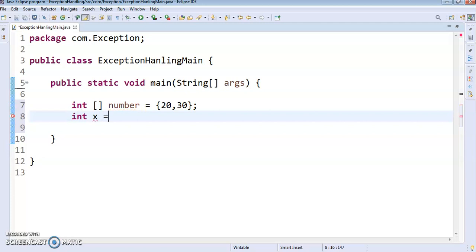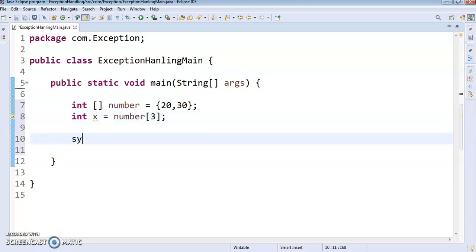X equals number 3. The number present at location 3, or index 3, I want to store in X. Now there is no such location, which means this line is going to cause an exception. Here we will do one sysout.